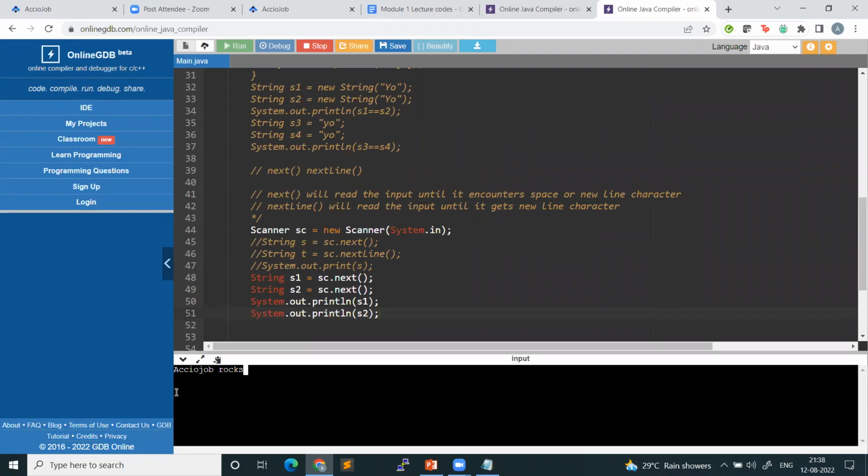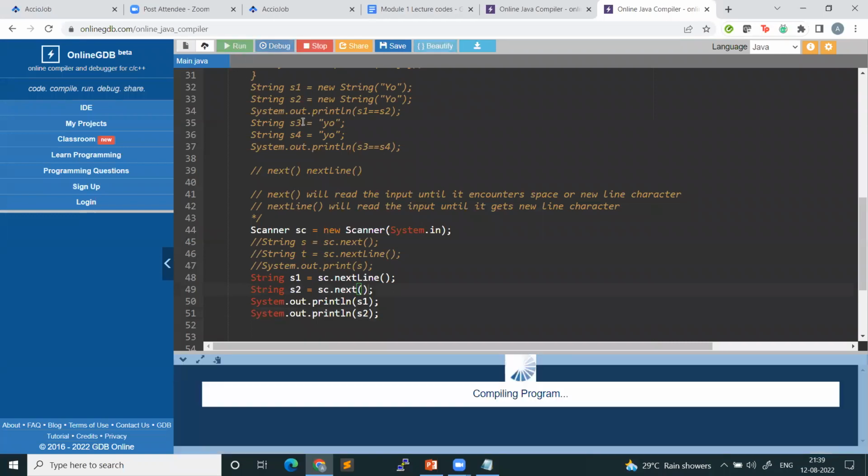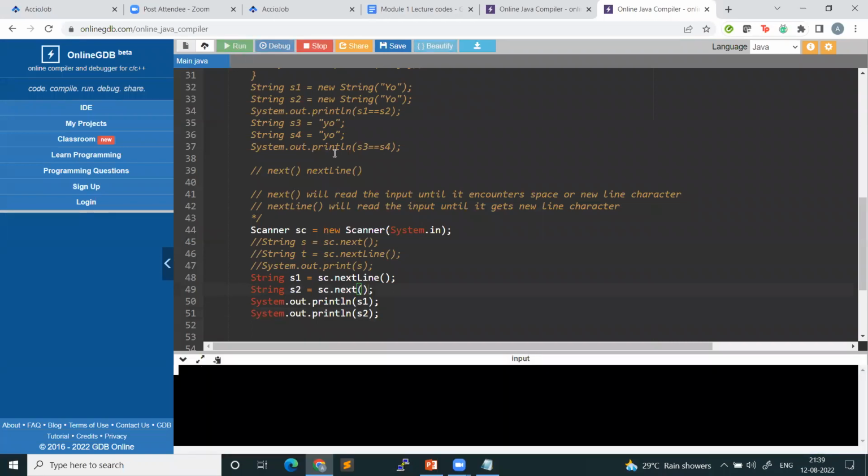Because see, the first sc.next will read AccioJob, my cursor will be here. The second time sc.next will be called, it will skip this space. It says, brother, I don't read spaces. Skip the space, read ROCKS, get the new line character, store ROCKS in S2. Okay, so the output will be same as before. Okay, that's fine. Let's look at another example. nextLine, and here let's have a next. Okay, and my input will be